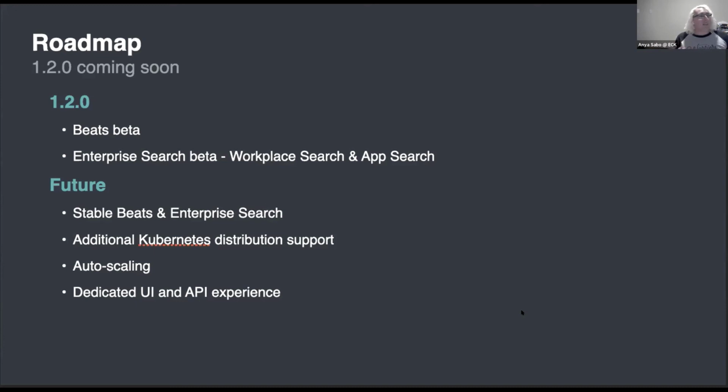And similar to what we have in our Elastic Cloud product, the SaaS service you get when you go to cloud.elastic.co, it'd be really cool to have some kind of dedicated UI, or maybe a nicer API experience wrapped on top of it. Like I said, we tried to build ECK so it can be the foundation of building your own SaaS and also running it as a customer in your own data center. So this is one of the things that enables: we can build things like an extra UI or an API on top of it, maybe with a better RBAC experience, or maybe with some extra admin capabilities inside of Elasticsearch.